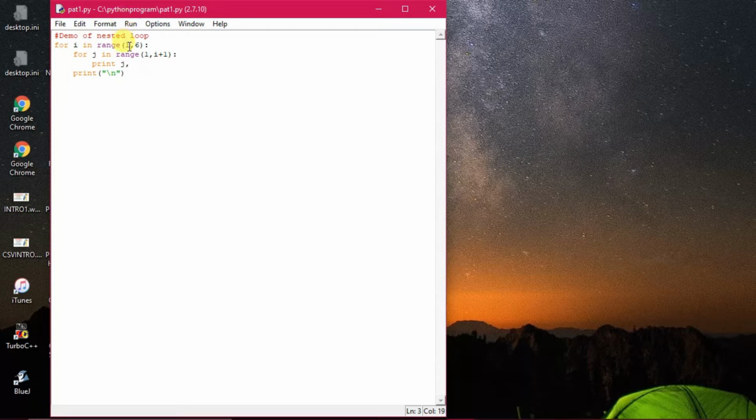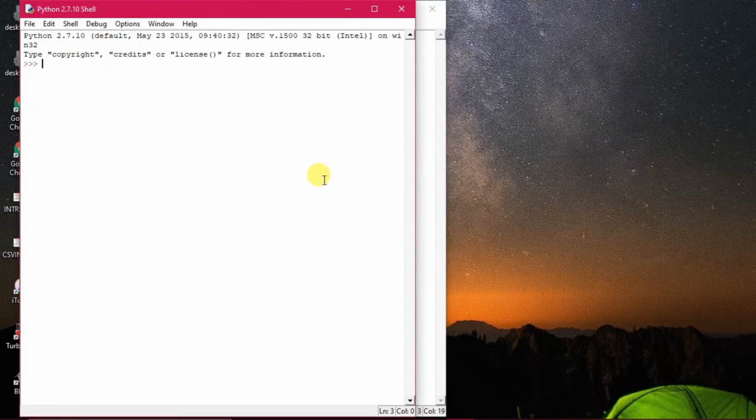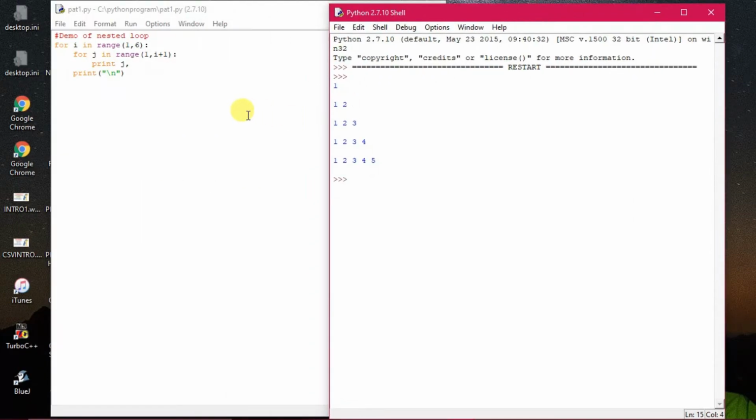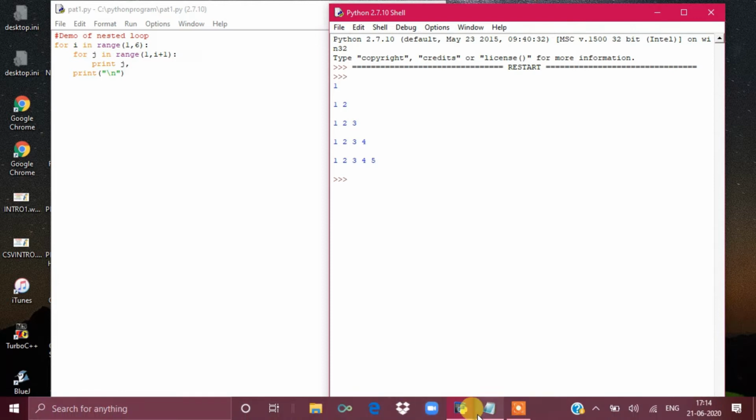So then next value of I will be 2, then 2 plus 1 will be 3, then 1 2 3, that means 1 2, that means two times. Second time the loop will be executing. All right, now you see how the output has been generated out here. Okay, so that is actually the functionality. Now you see, I told you the first time when the value of I is 1, the inner loop will be rotating for one time only. When the value of I is 2, the inner loop will be rotating two times. When the value of I is 3, that means 3 plus 1 is 4. So 1 to 4, that means 1 2 3. These three times the loop will be rotating.